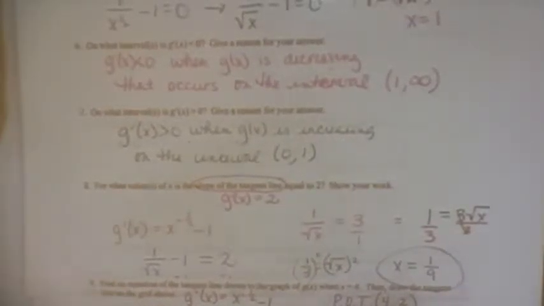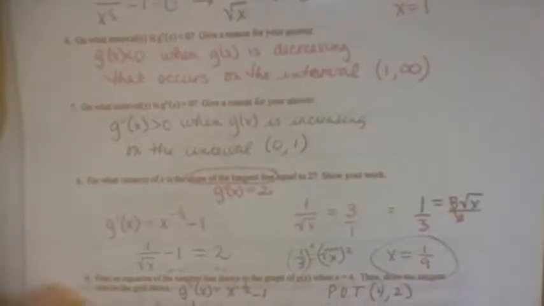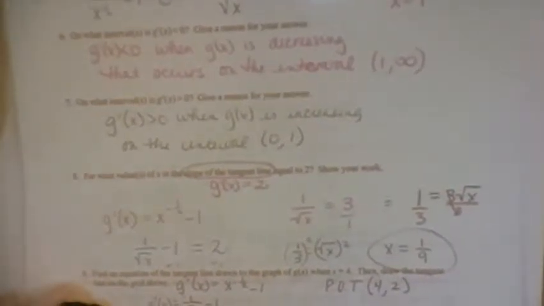So your slope comes out to be negative 1/2. Your point, we have the graph, so we can just go up and find our point. 4, 2. So y minus 2 equals negative 1/2 times x minus 4. And then they said to draw it, so